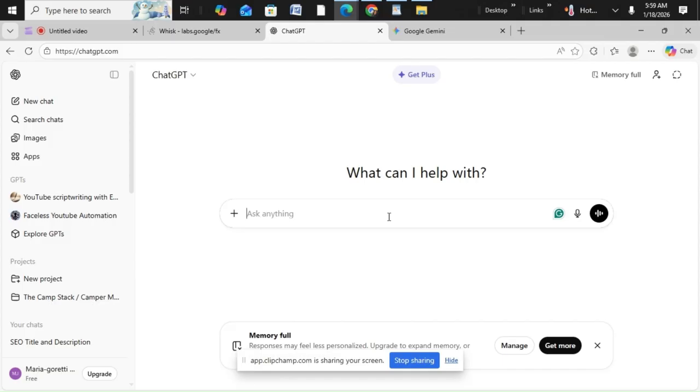You can simply find any logo of your choice, any type of logo you like, and add it here and ask ChatGPT to give you a prompt on how to create a similar logo. Or let's assume you don't even have one, you will just come here and tell ChatGPT what you want to do. You can tell it to act as an expert